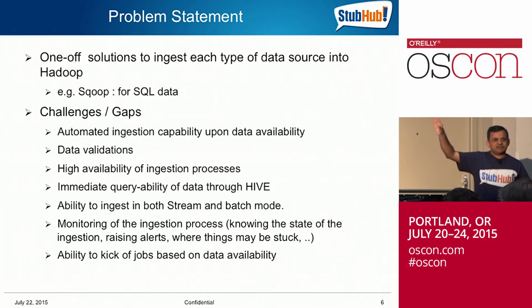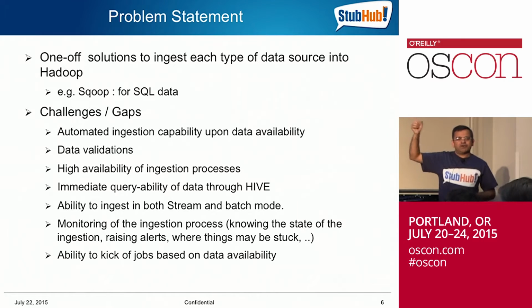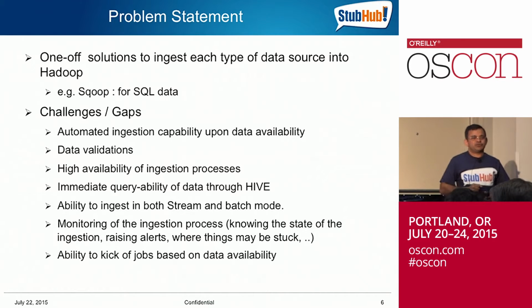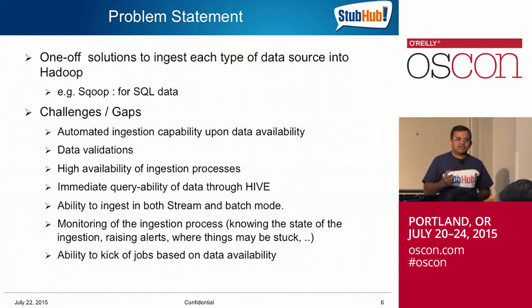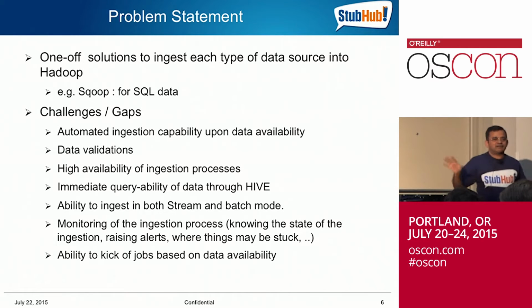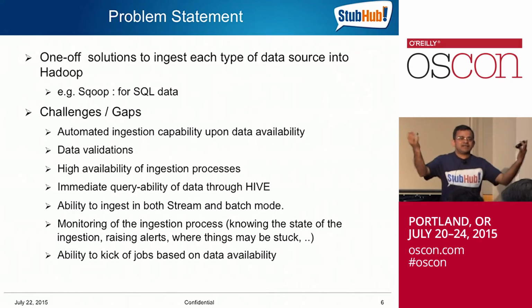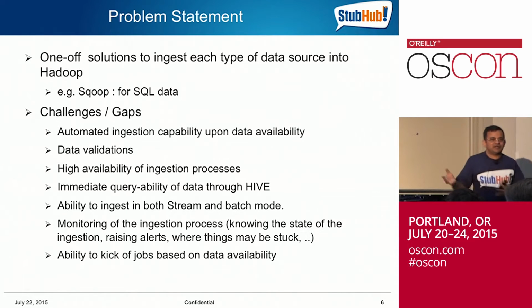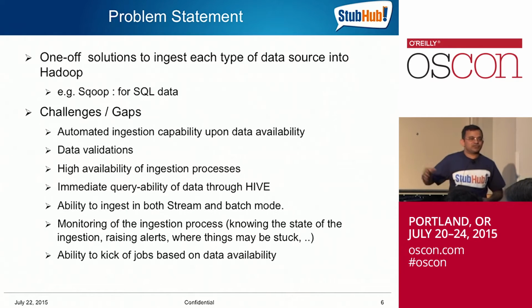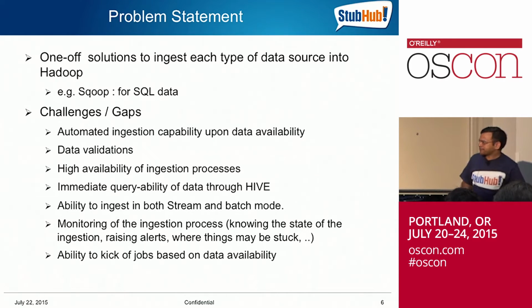Batch-oriented meaning transactional data. For example, every one hour, I can pull my transactional data into Hadoop. I wouldn't call that necessarily streaming. But with clickstream, as users are interacting all over the place, you want to see the data as it's coming in. You want to stream that data down the pipeline. So there are many such sources we've got. I'm sure all of you, depending on where you're working, have similar data sources as well.